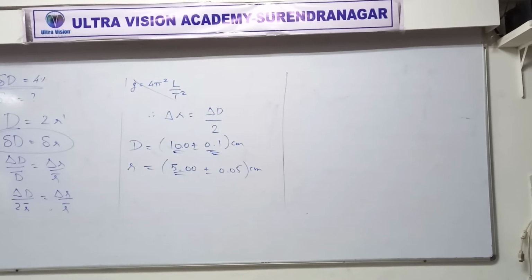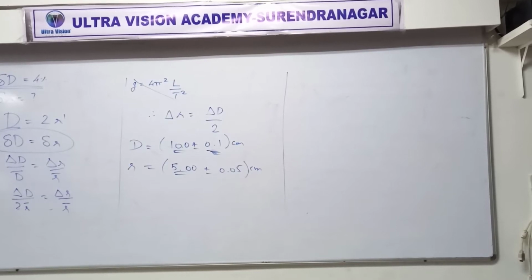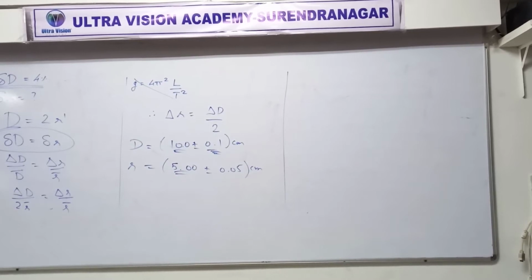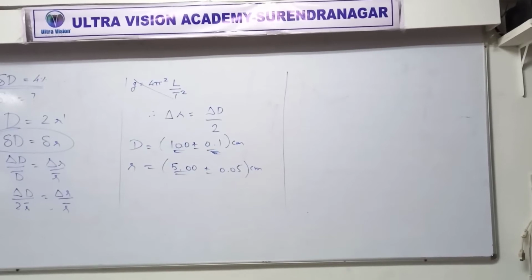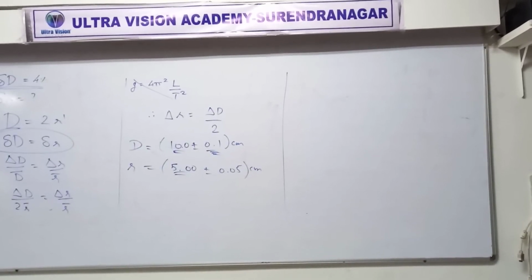That's also a part of science, right? Doing practical. So I'm saying that a vernier caliper is an instrument, and how much is the least count of that instrument? 0.01 centimeter. Okay, got that? Just like a ruler has least count 0.1, this is a slightly sophisticated instrument. It is very good at measuring smaller lengths. Its least count is 0.01 centimeter. So it gives more precision.